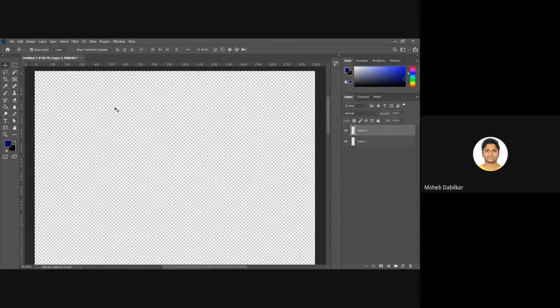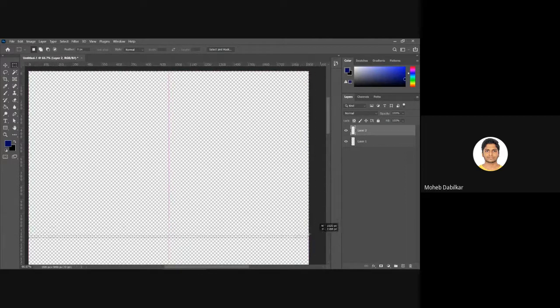Okay, so we have a new layer now, and in here let's just create a box. Although it is by this much, it should be by 1080. Okay, so that means 100% view height.